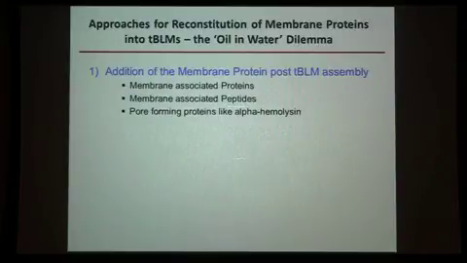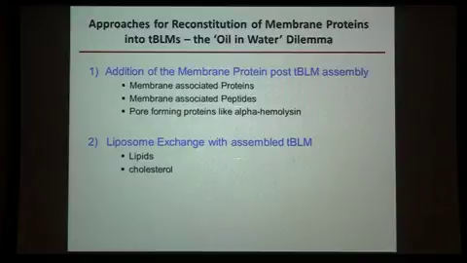certain peptides and how they associate with the surfaces, and in some cases, proteins that can spontaneously associate with that bilayer, like a pore-forming protein, can be added after the membrane is formed. But for most proteins, you have to keep them in a detergent or a lipidic phase to keep them happy. So the question is how you bring a protein that's been isolated in detergent to the surface or in